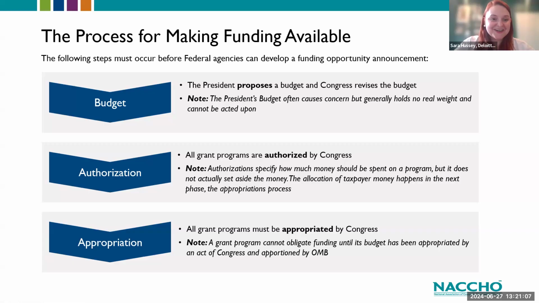For those of us who have been operating in this environment for the past several years and frankly for a long time, if you think about how there continue to be things like continuing resolutions and piecemeal funding throughout the year by Congress. If you've ever run into a situation in which you have had funding and your awarding agency isn't able to guarantee that there will be funding the next year, or they say we're not quite sure what that level is going to look like, the reason for that really comes back to Congress holding the power